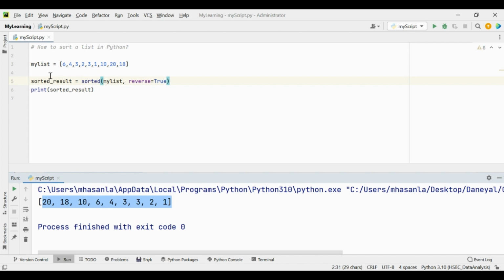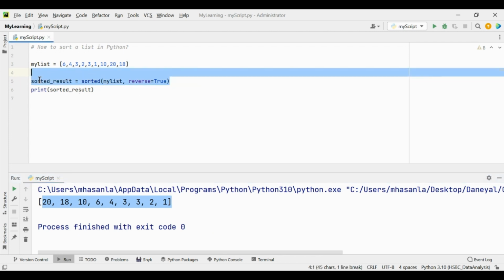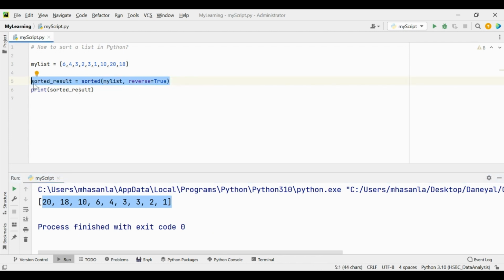Another method that you can use for sorting of your list, that is your list method, that is called the sort method. So let's use the sort method instead of sorted. So my list